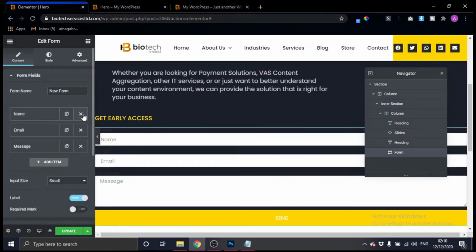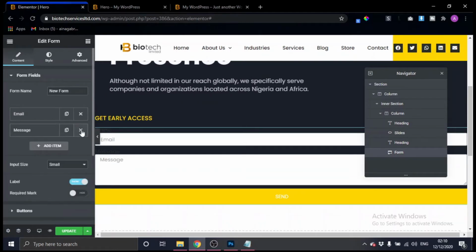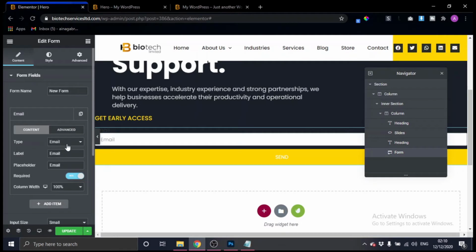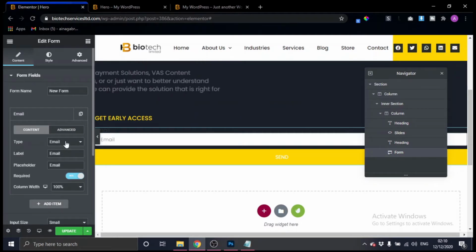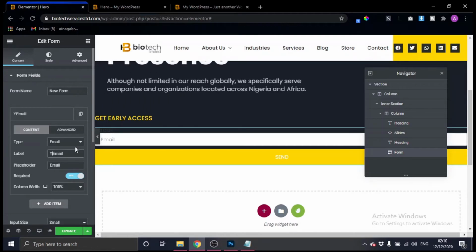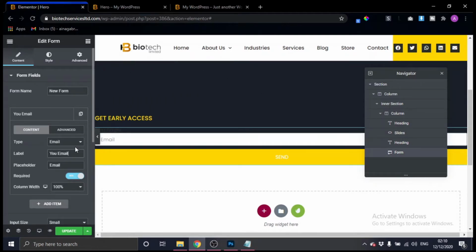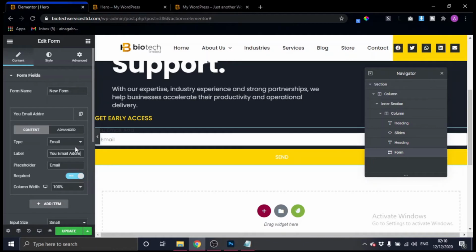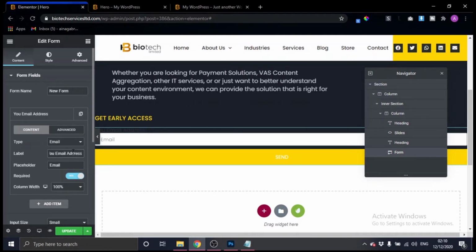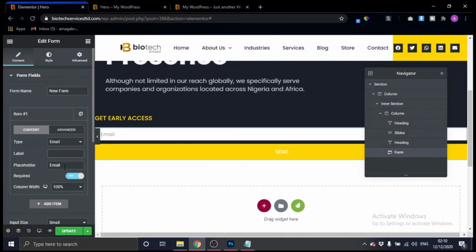Okay, basically what you need is just the email, so you delete every other part of it. Then you want to change the label to, let's say, maybe your email address. That looks good. Sorry, let's put this in a placeholder instead.